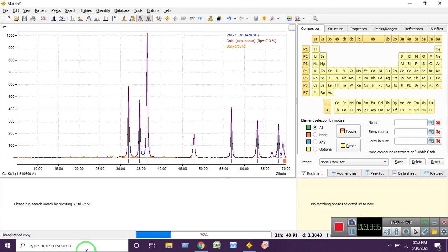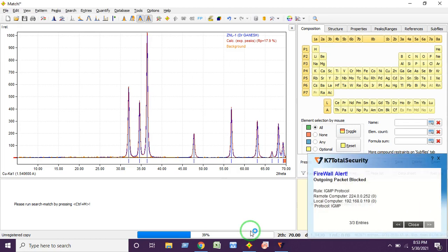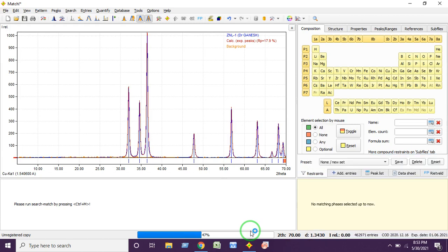If the XRD pattern has more peaks, then it is going to take much more time. Up to 74% completed.